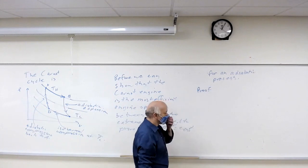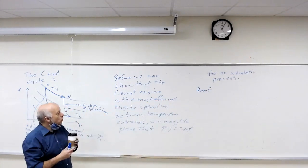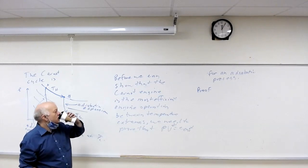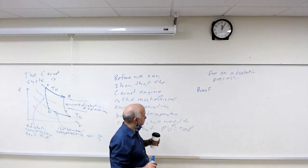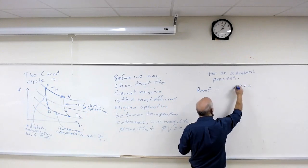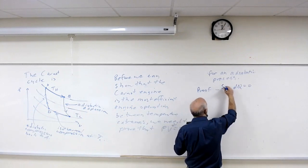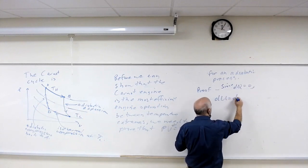The proof is actually just being careful. So, what's the definition of an adiabatic process? Delta Q equals 0. So this is delta Q equals 0. Okay, I'm going to write it as dq. dq equals 0. So what does the first law become? Since dq equals 0, I can say that the first law here